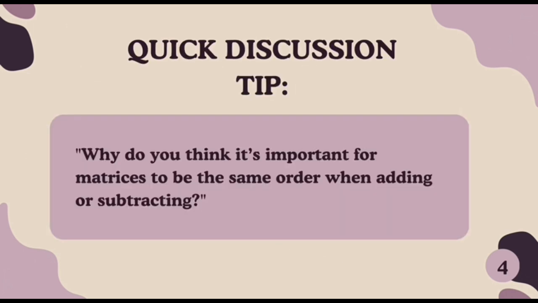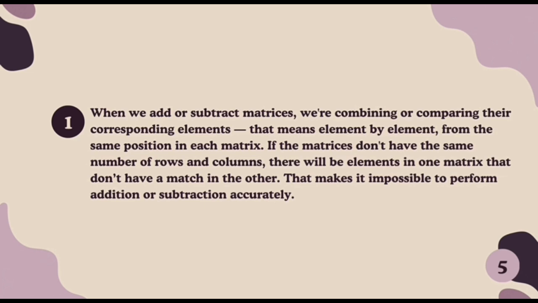Now, let's take a moment to think a bit deeper. Before we move on, here's a quick discussion tip to help connect what we have learned. Why do you think it's important for matrices to be the same order when adding or subtracting? It is important because when we add or subtract matrices, we are combining or comparing their corresponding elements. That means element by element, from the same position in each matrix. If the matrices don't have the same number of rows and columns, there will be elements in one matrix that don't have a match in the other. And that makes it impossible to perform addition or